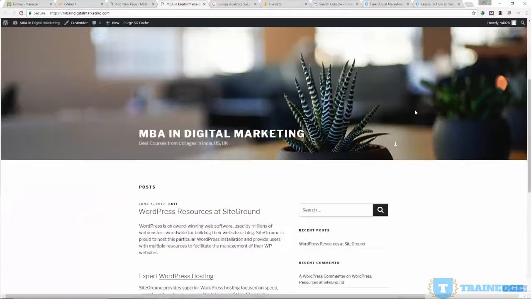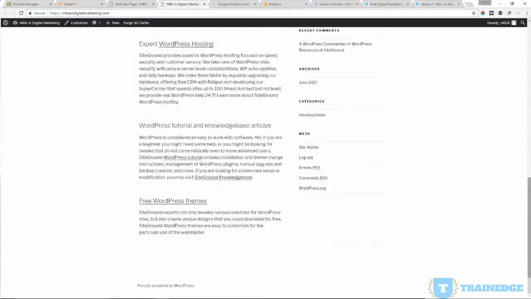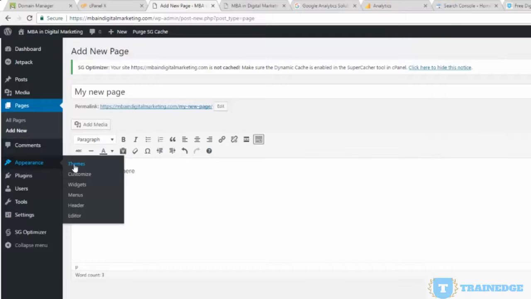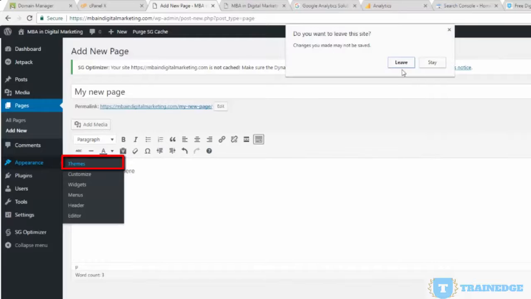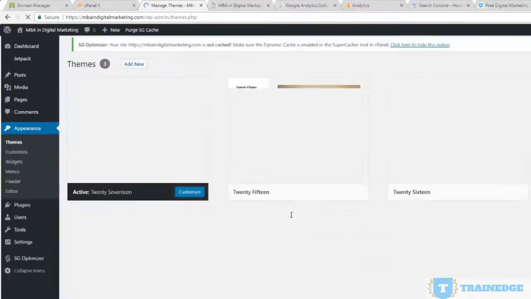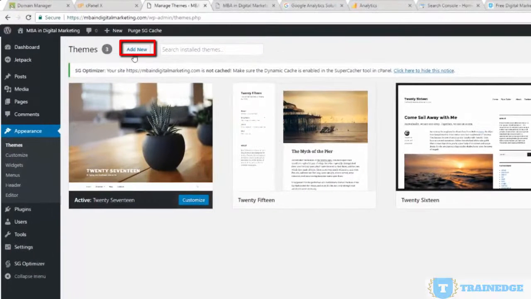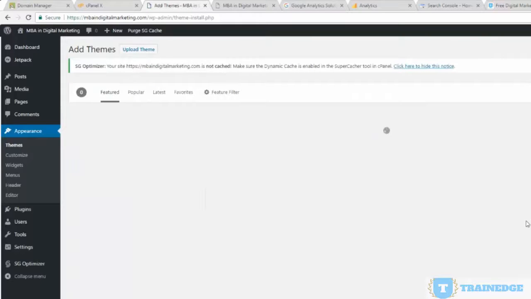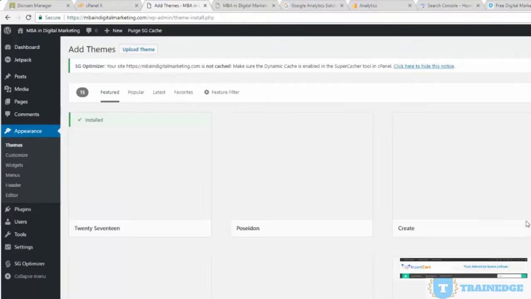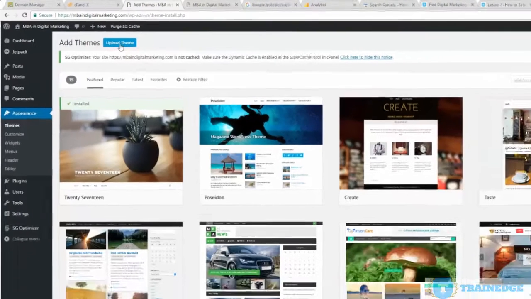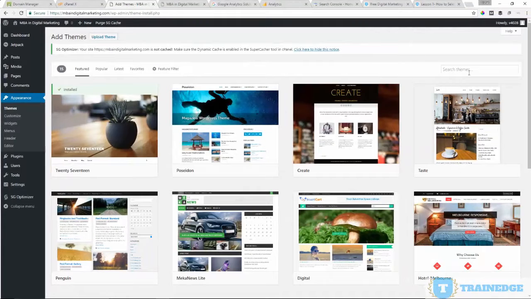The look and feel that you see here of this site comes from the default WordPress theme. If you click on appearance and then click on themes, you can see all the themes that have been installed by default. You can always add a new theme by clicking the add new button. Then you have two options. Either you have purchased a theme and you already have it on your computer, then you can upload the theme, or you can search one of the free themes available and install them.